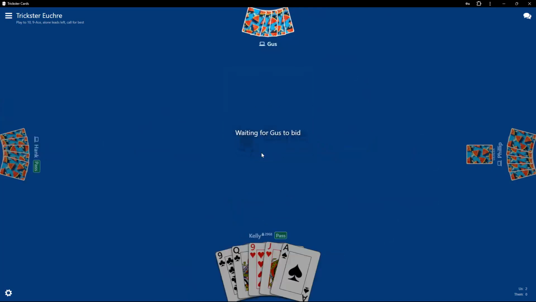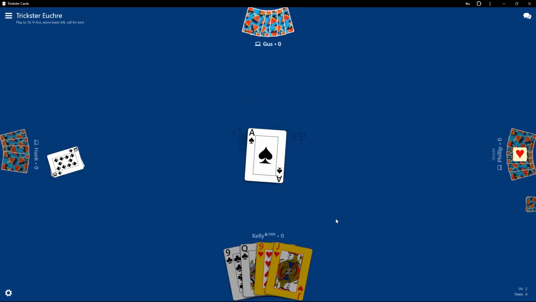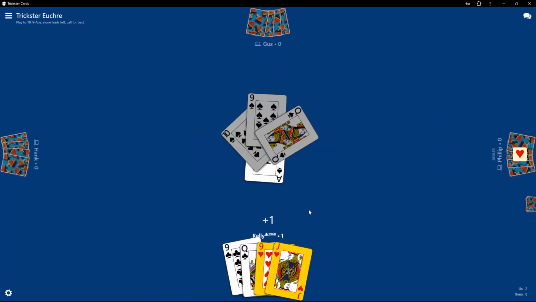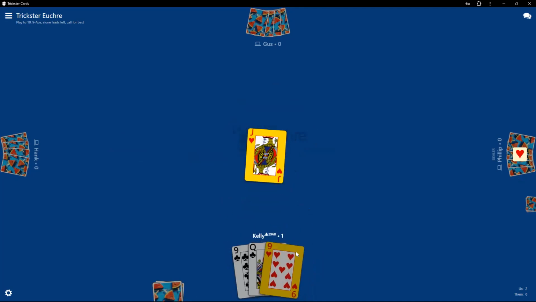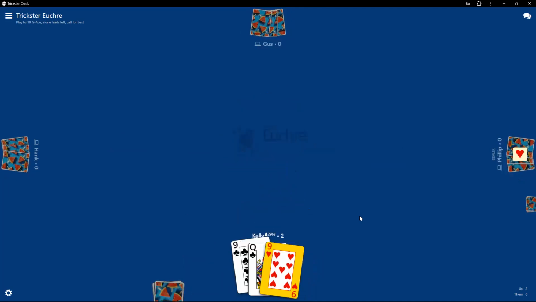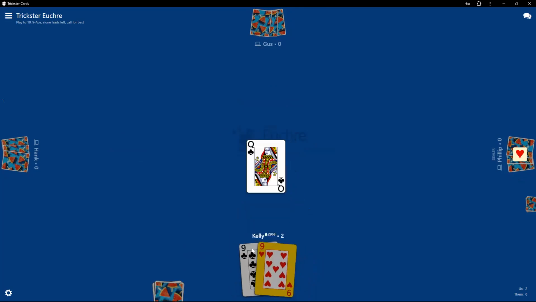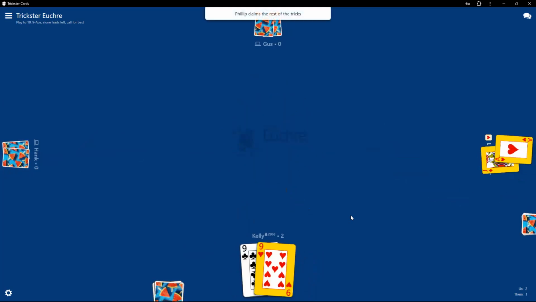I'm getting this definitely. I just completely love this game. So they made it hard. So I'm going to definitely get one trick. So they're definitely not going to get 2 points. And if they'd gone alone, they certainly wouldn't be able to get 4. Now it's wanting me to play that 9, but my brain says, no, go ahead and play that nice card. I'm going to keep the 9 though. It's wanting me to play the 9. I don't know why. I'm going to play the queen. Yeah, they would have beat it anyway.